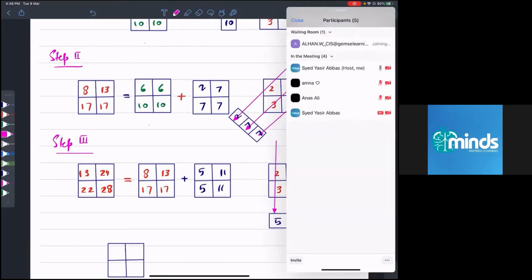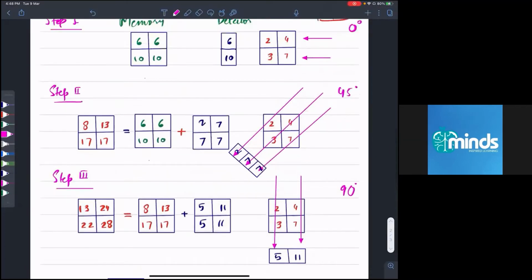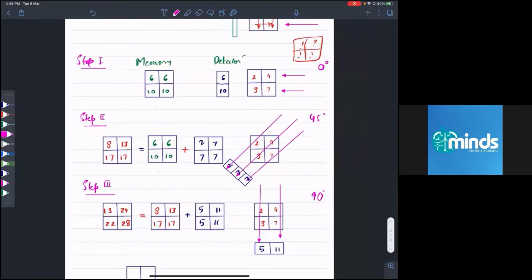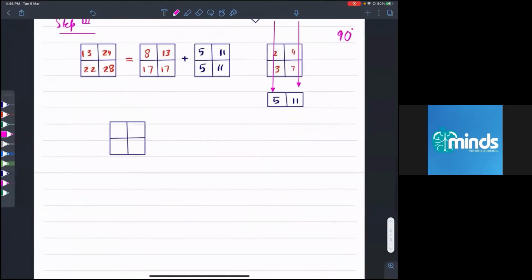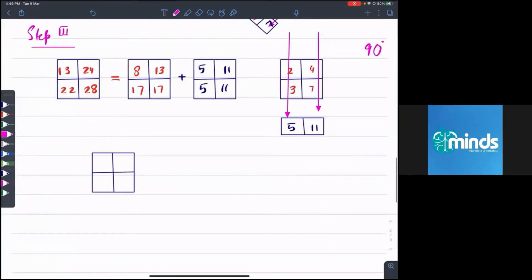By the way, how many of you are actually able to understand even a little bit of it? I'm not expecting that you are getting everything of it. Yes, Amna, Alan, are you getting what I'm doing? Okay, if you are getting it, the next step is step number 4,